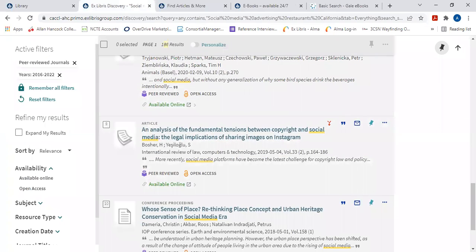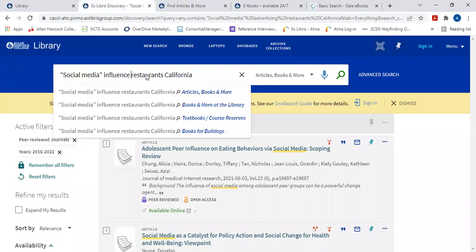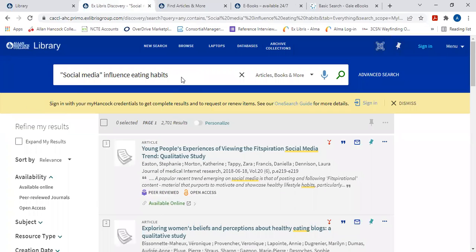You can alter your terms. See, social media, let's do influence, do eating habits, and let's take out the word California. So now that I've browsed some interesting titles, I'm changing my mind about the topic I want to write about